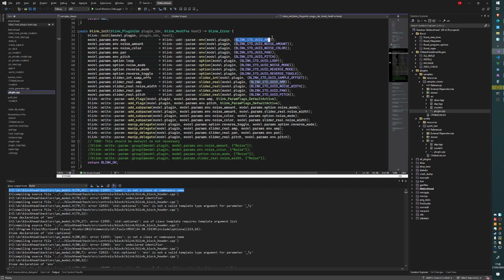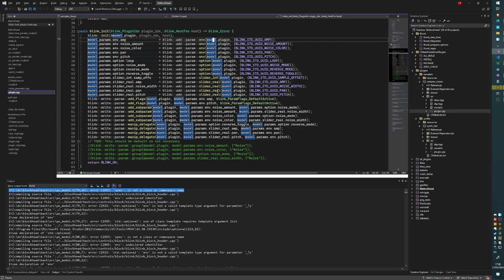But you can override pretty much everything other than the ID. So now, because of the way I've refactored things, as an example, this amplitude envelope parameter, I'm saying just give me the default version of this standard amplitude envelope parameter,